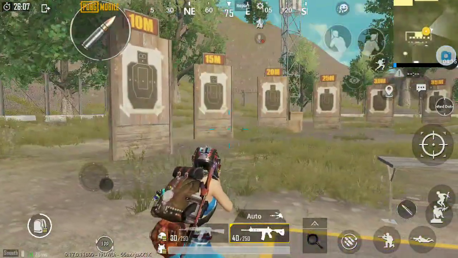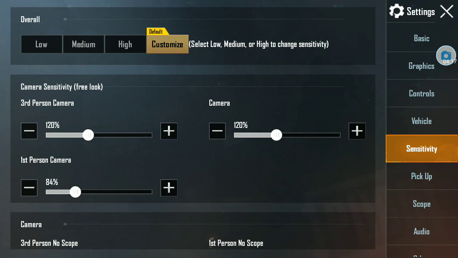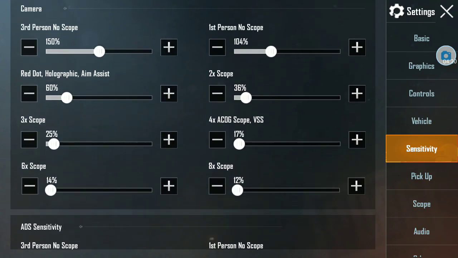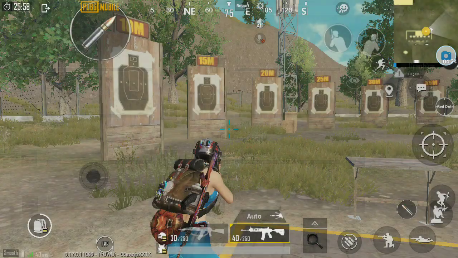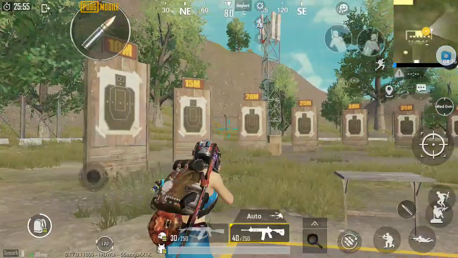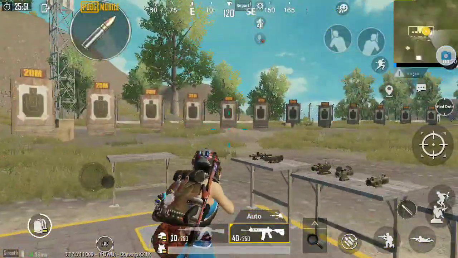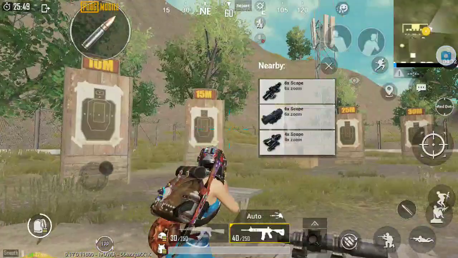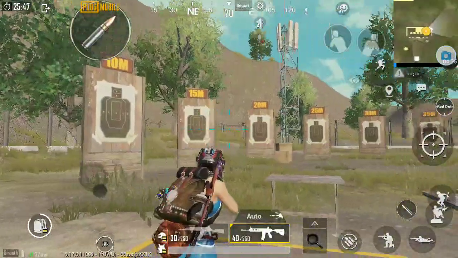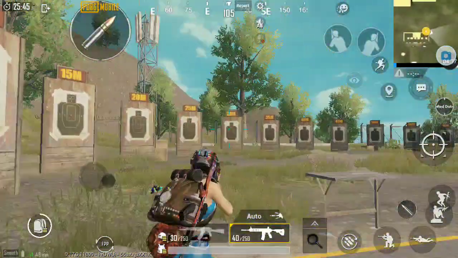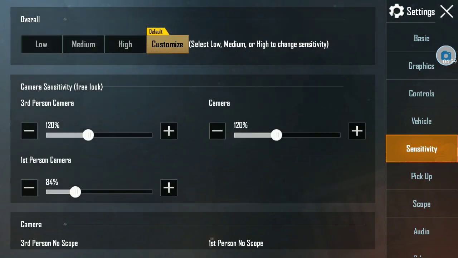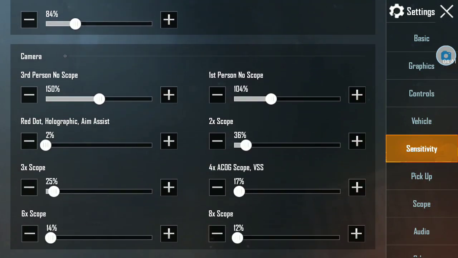So if you put the red dot sensitivity very low, then the movement is very hard. I have to press my thumb again and again to get where I want to go to change the target. Okay, so it was at 60, so I will prefer 60 only.